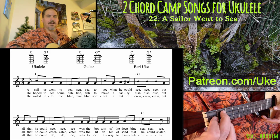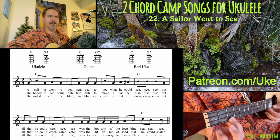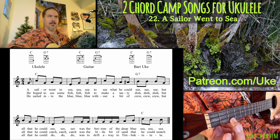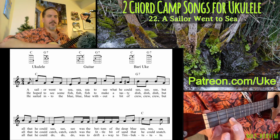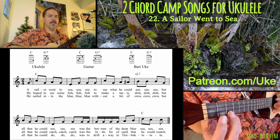Okay, all right. So our first note on this song is going to be a C, which is the third fret on the first string. And our first chord is a C chord. All right, here we go. 1 and 2 and ready and...